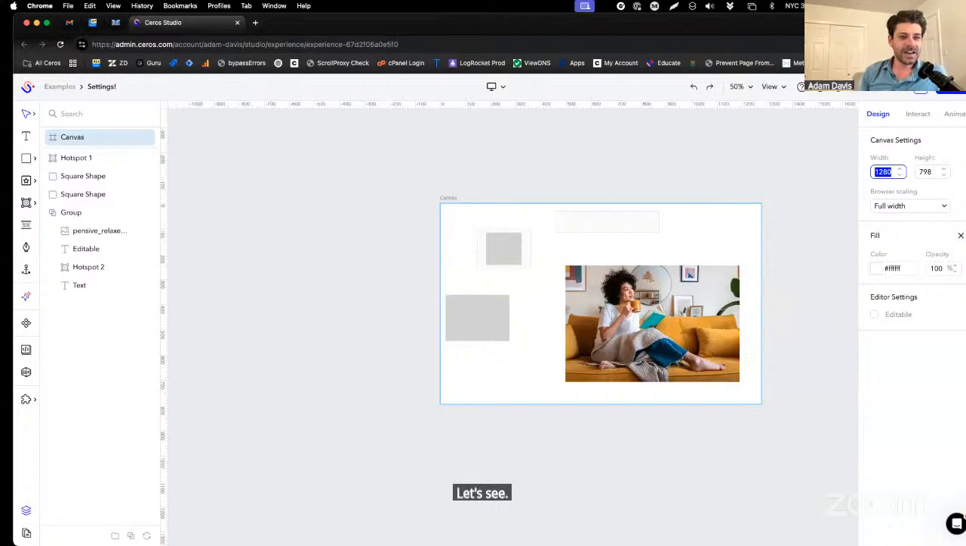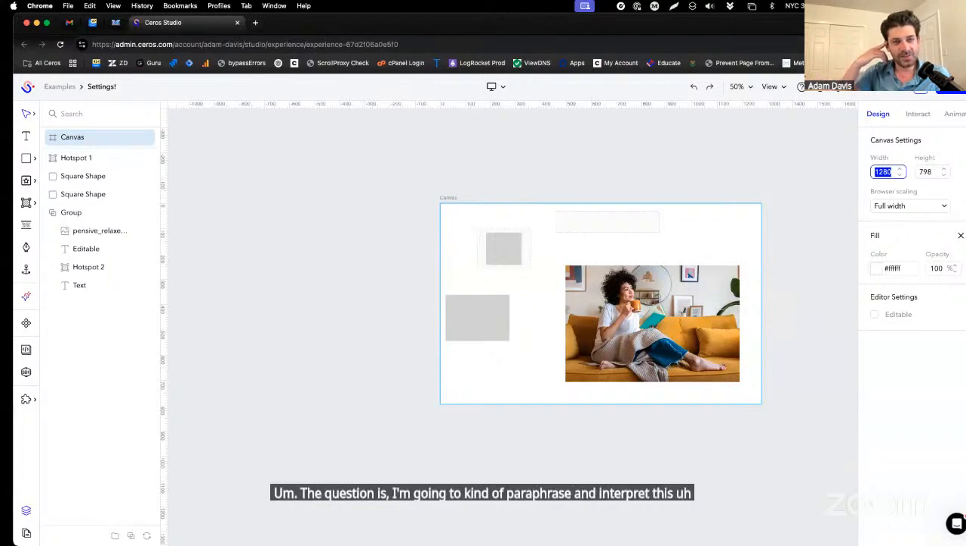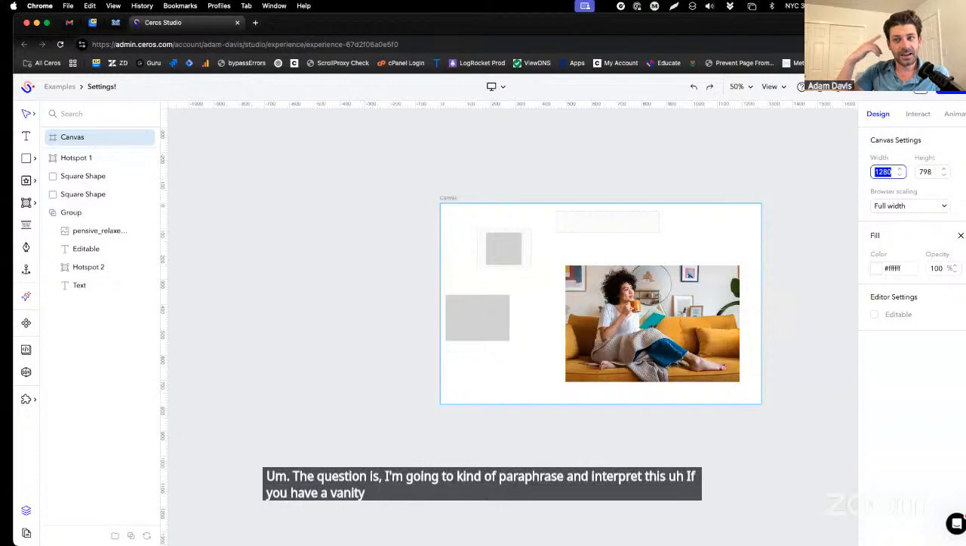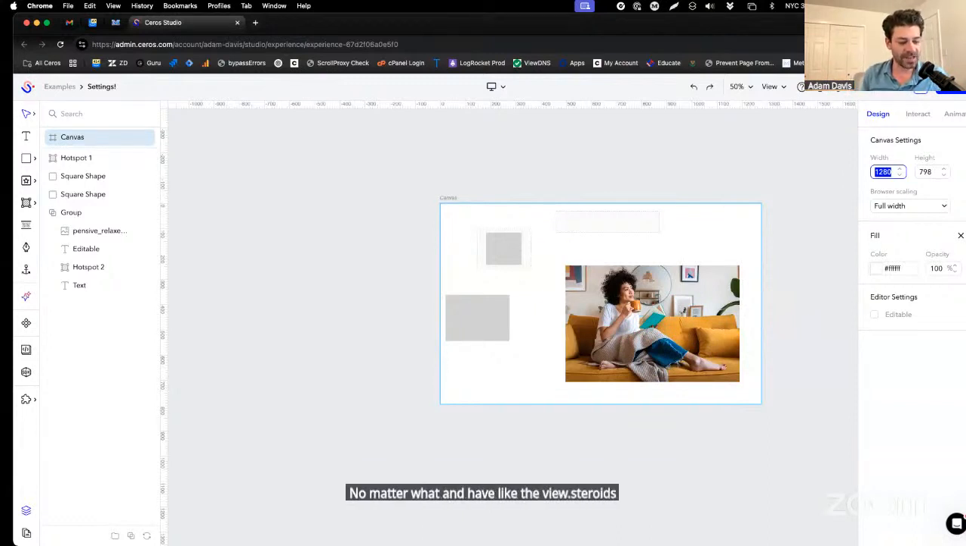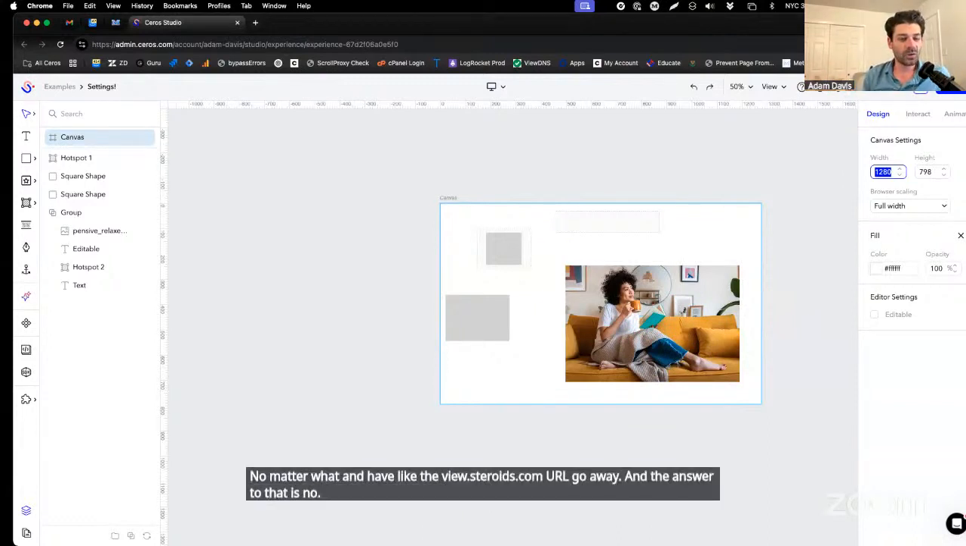Let's see. So vanity domains, vanity URLs. The question is, and I'm going to kind of paraphrase and interpret this, if you have a vanity URL, can you have the content use that URL all the time, no matter what, and have the view.serifs.com URL go away? And the answer to that is no. There's not a way to